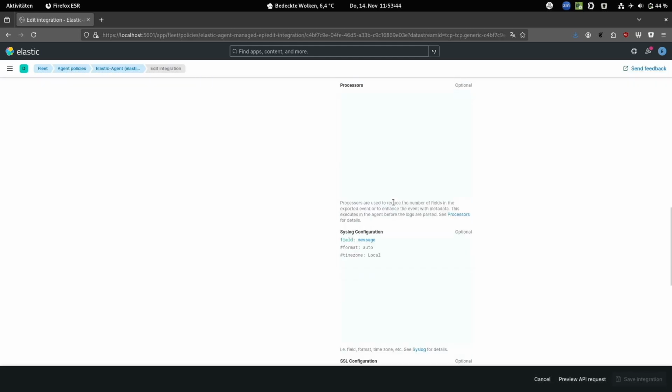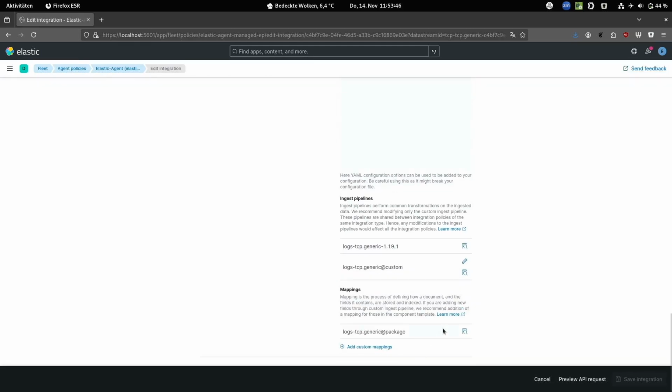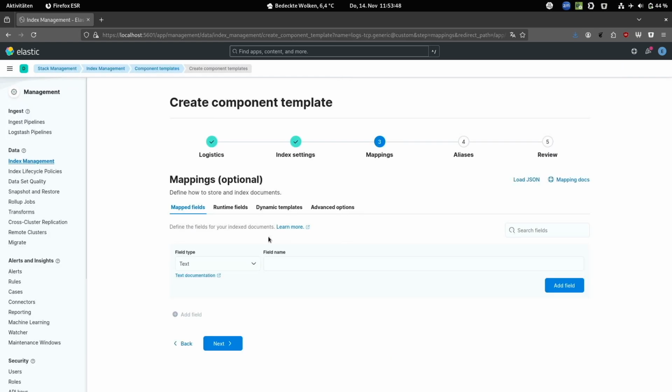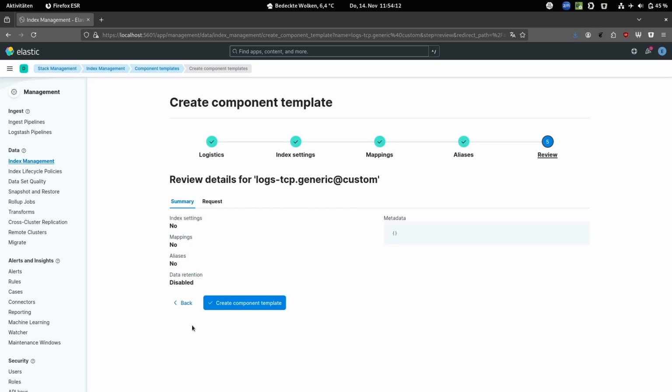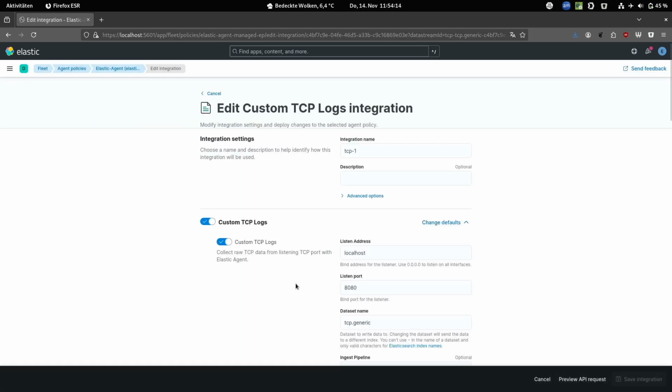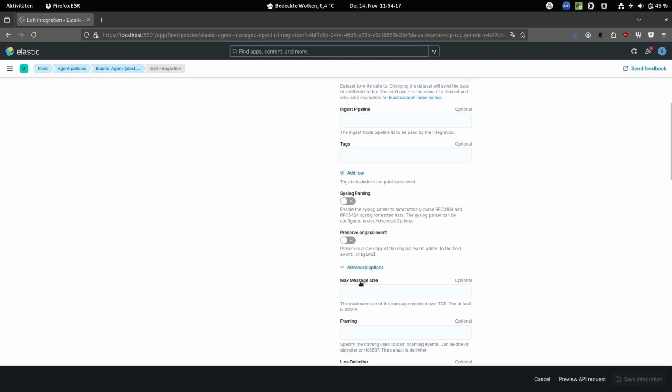Create pipeline. So the pipeline is modified. I'm still in the integration, and then I have to do my custom mapping. Here I will place all my custom data fields. The already existing ECS fields I want to populate, I don't need to cover them here, just totally new fields which are not already represented in the ECS schema. Okay. Review, create. Two minutes left to talk.